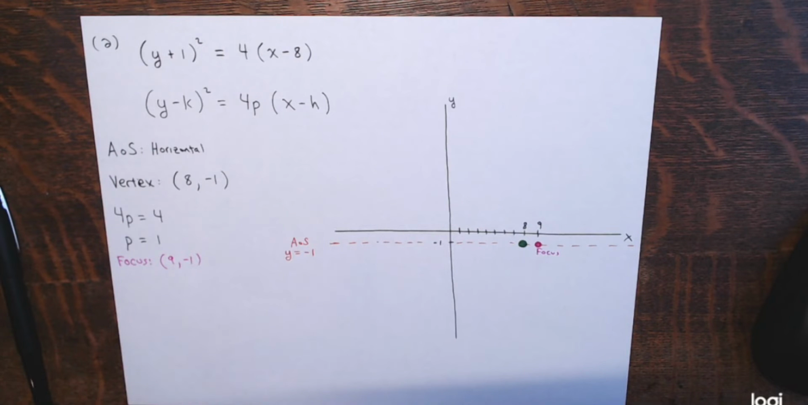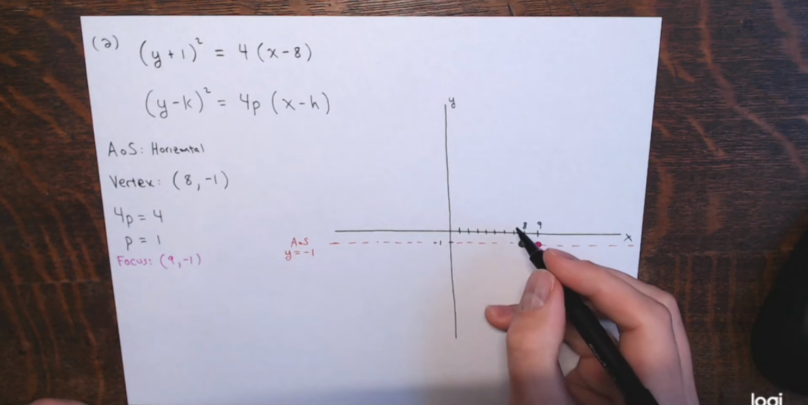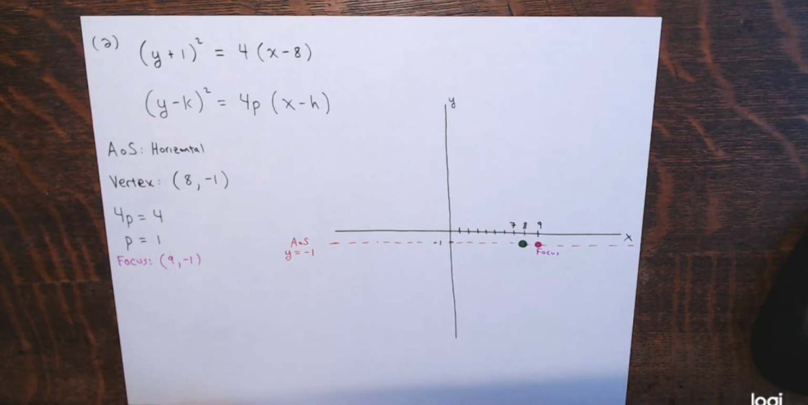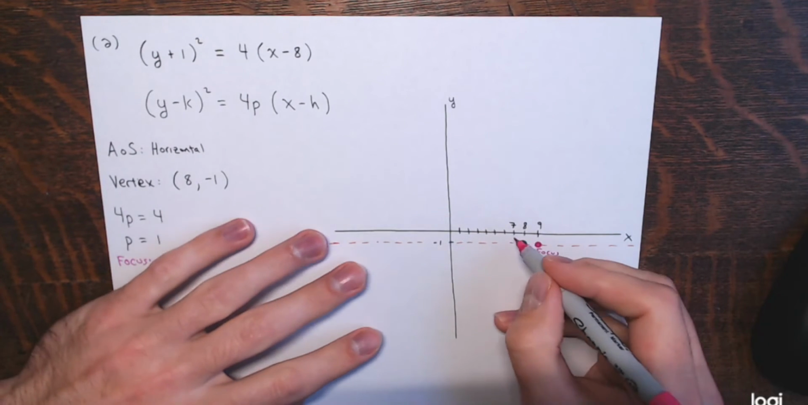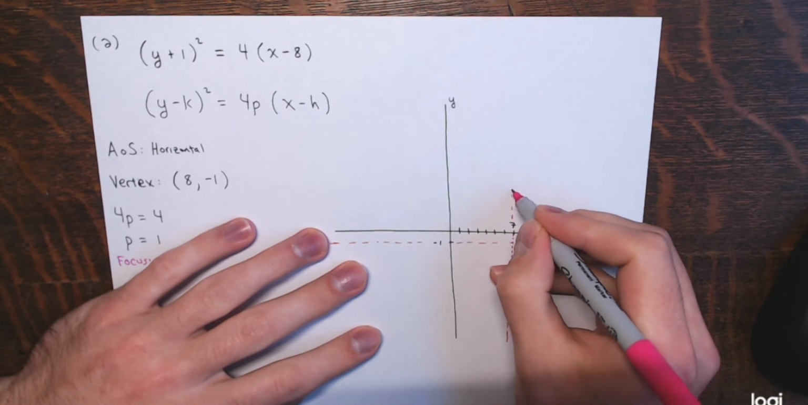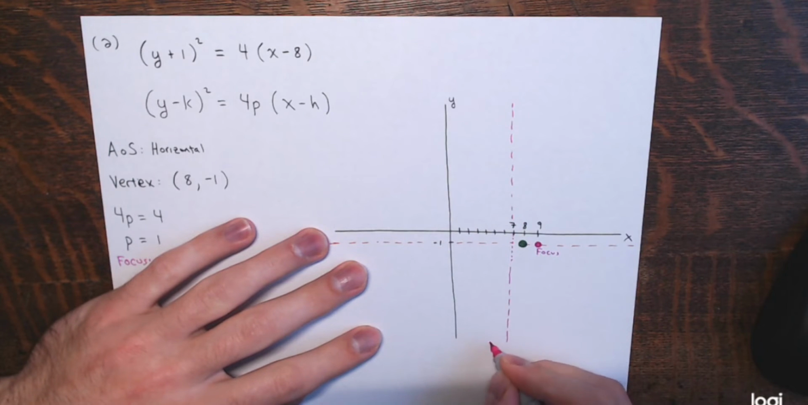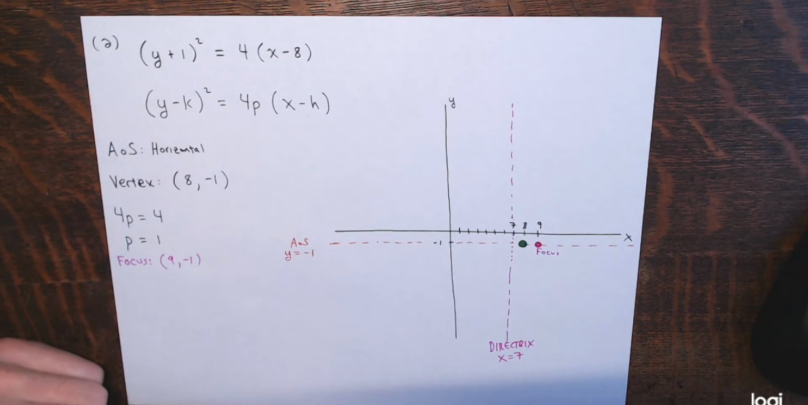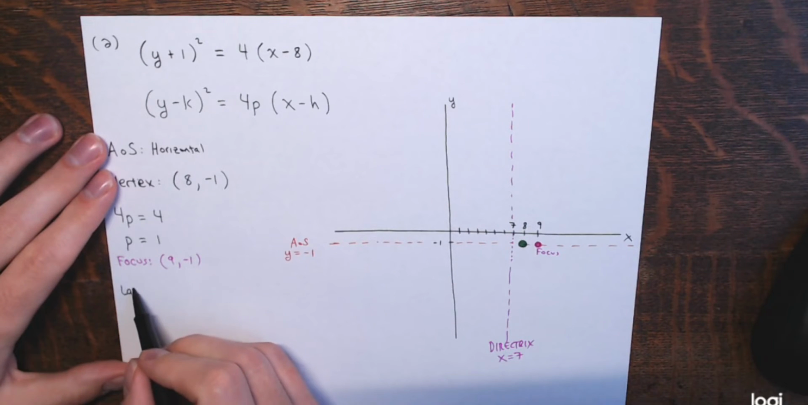All right. And then the directrix is 1 unit to the left of the vertex then. So this vertical line at x equals 7. Here's the directrix. X equals 7. It's a vertical line. All right, and now that I have all this stuff in, I should be able to find the points on the ends of that latus rectum. So again, the latus rectum length,